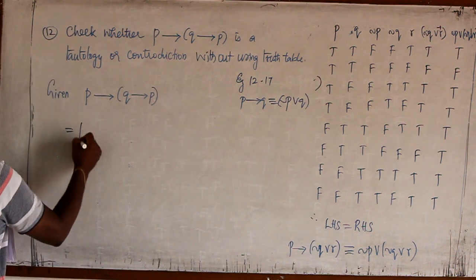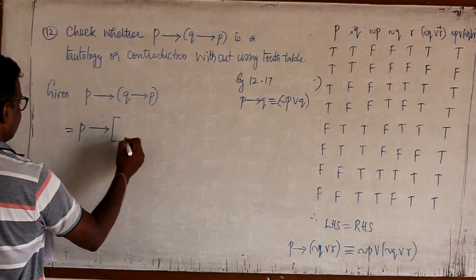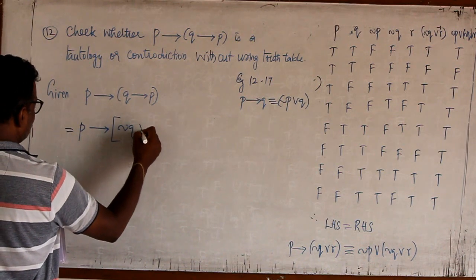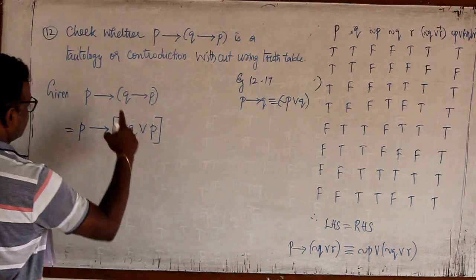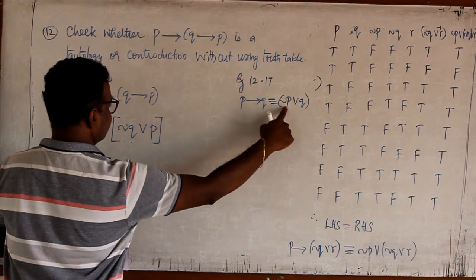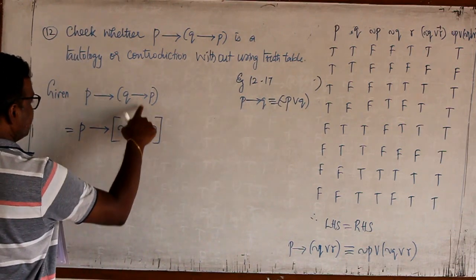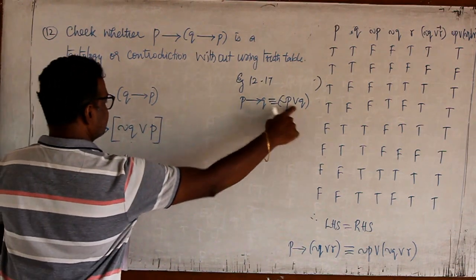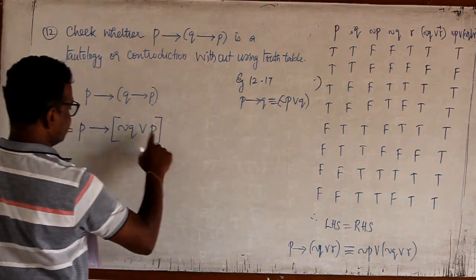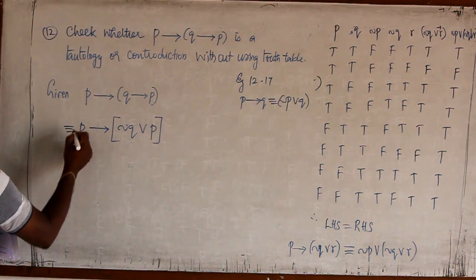For this bracket, negation of Q or P, correct? First element is negation, then becomes OR, there it is Q, and here it is P. This is equivalent to...